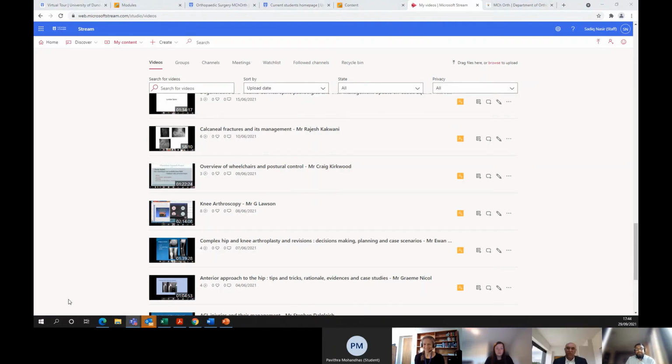Okay, thanks, Sadiq. And also Sadiq manages the, if you unshare your screen, please, Sadiq. So Sadiq also manages the WhatsApp group when you're here. So there's a small WhatsApp group so that you can ask any questions that are happening or anything that you want to ask. So there is help at hand. And also this WhatsApp group, Sadiq helps you out on the weekend as well. So there's a lot of help for you.